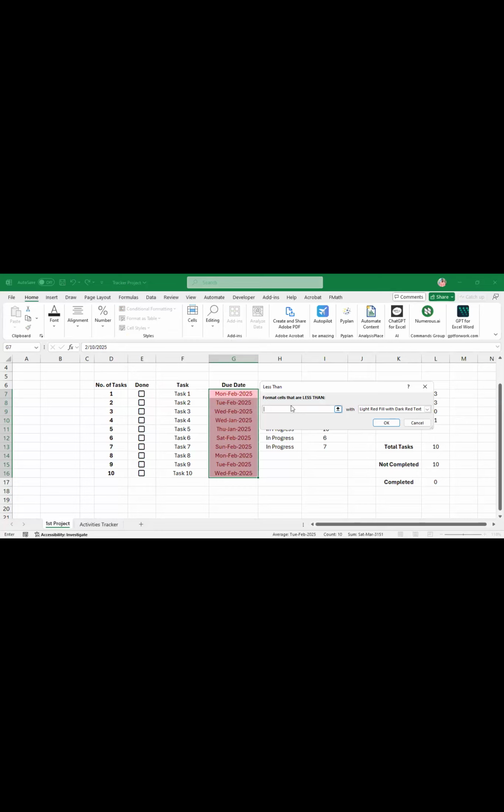It will only be highlighted once the date is overdue. So I'm going to set it to equal to today. Less than today, that's negative today. You see that as soon as I did it, the two dates that we changed have been highlighted into red. You can choose to leave it like this or